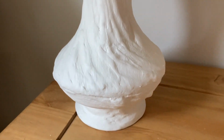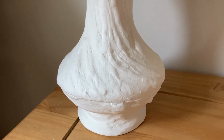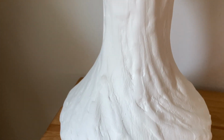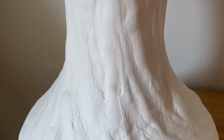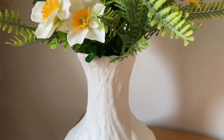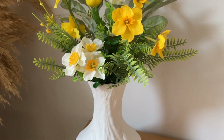Now there's that vase. And can you see how smooth? Because I've done that effect with the water. I smoothed it out with a wet hand, and you can just see how much smoother it is, isn't it? And I did that actually on that egg, the egg decoration that I made a few videos ago. So I'm super happy,